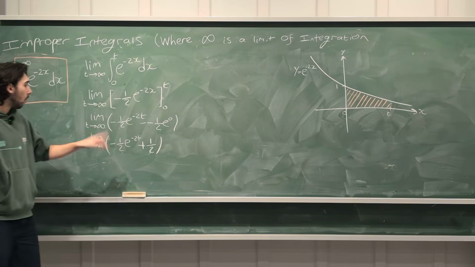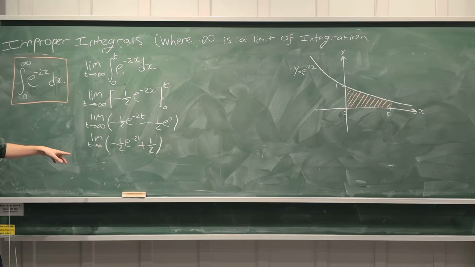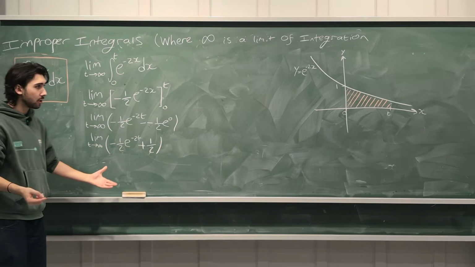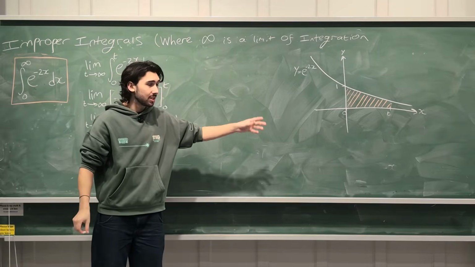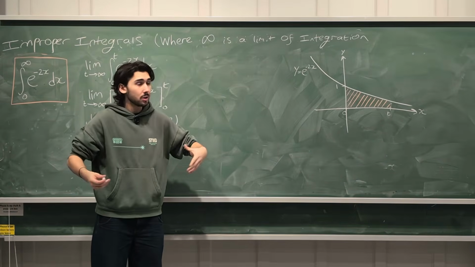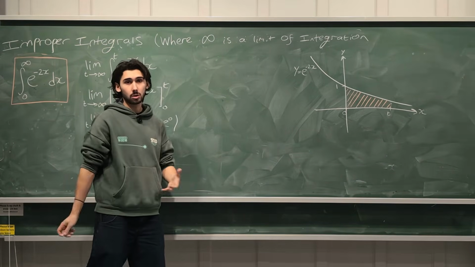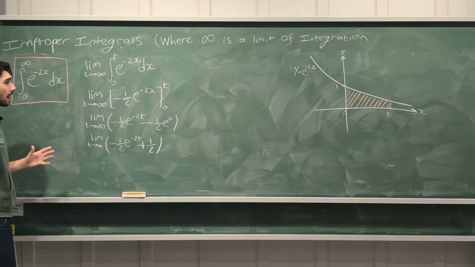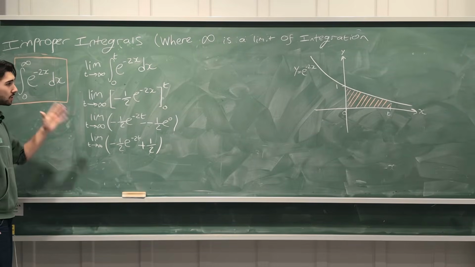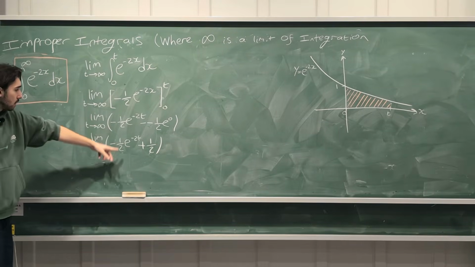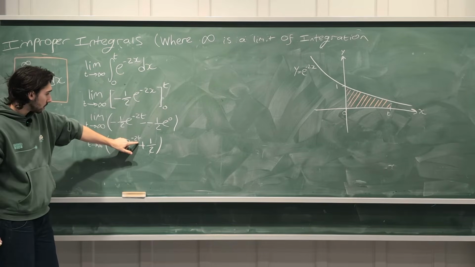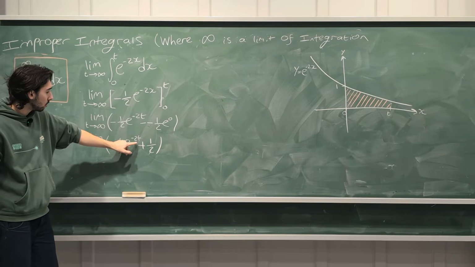So just to be clear, what we have inside of these brackets currently is an algebraic expression for the area beneath the graph between 0 and some value t. And t could be whatever you want as long as it's positive. The area beneath this graph between 0 and t is this expression here. And we can see it depends on t. It's minus 1/2 e to the minus 2t